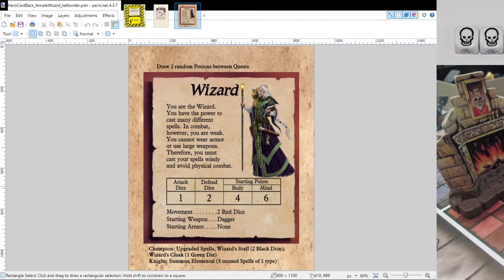I use paint.net. It's free. I don't get paid by them. It's just what I happen to use. And I find that you can download plugins for it that give you a lot of functions similar to what Photoshop has out of the box, or GIMP or Paint Shop Pro or whatever you like to use. It's not MS Paint, that's for sure. But anyway, I get that template.